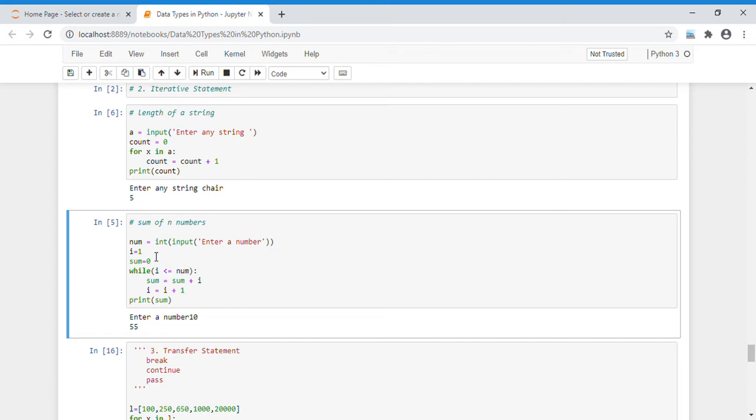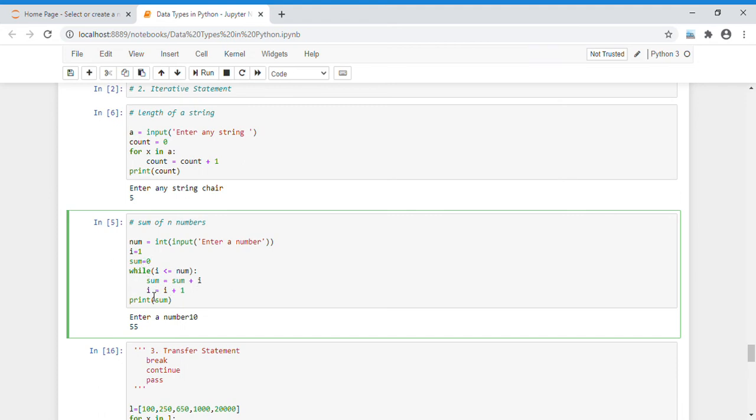So I take a variable num and put any number in it, and initially the value of sum is 0, so I take a variable sum and initialize its value as 0. Also I take i is equal to 1 for the while loop.